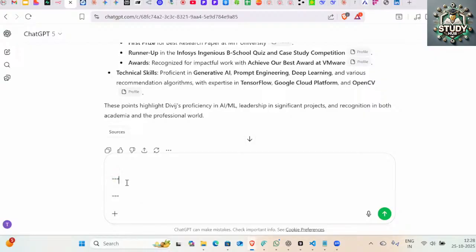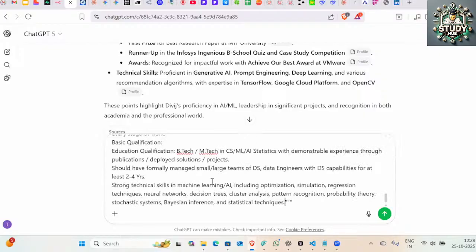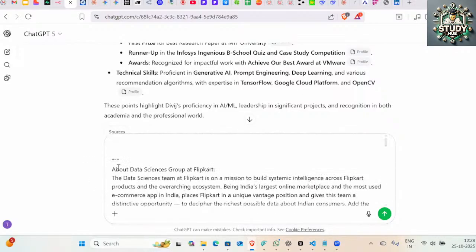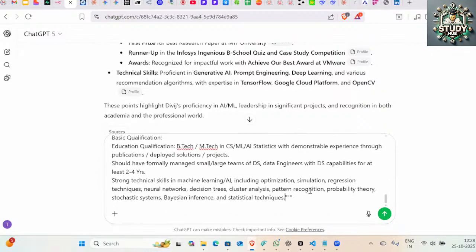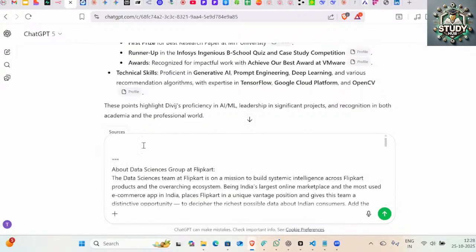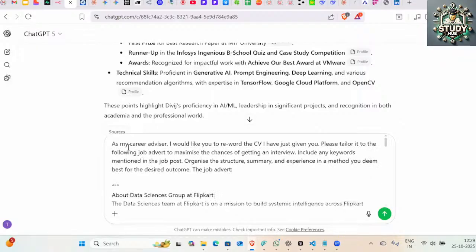A lot of times people ask me why I created these three quotes. It is just to segregate where it is starting and where it is ending. So it is starting from here, ending at that point. And now I will have my prompt pasted on top of it, where the model will be instructed what it has to do. So let me copy my prompt and go through it alongside you.